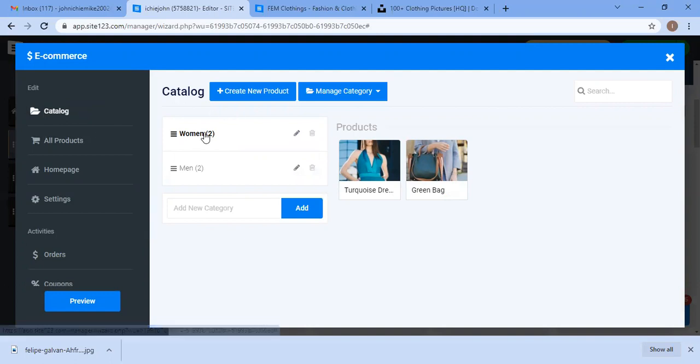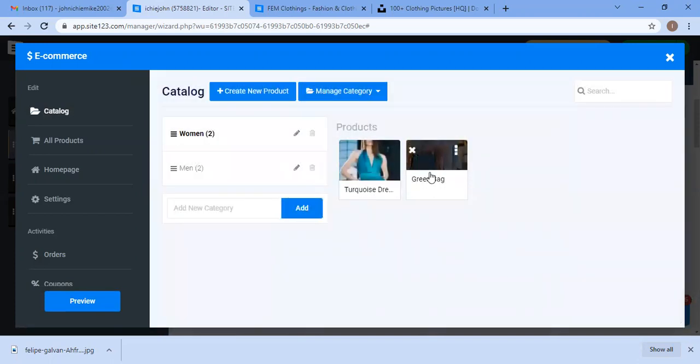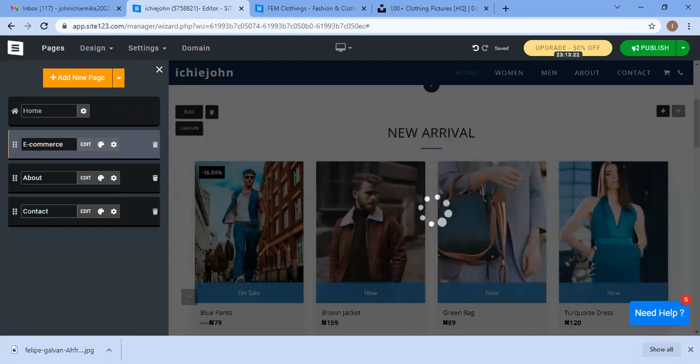So basically, that's what you can see right here. The men, the women. Now you can edit this. Everything can be edited. Take notes. Everything can be edited. So now you edit it with the description if you want to. So now, while you're doing this, what I always advise people to do is you can click on